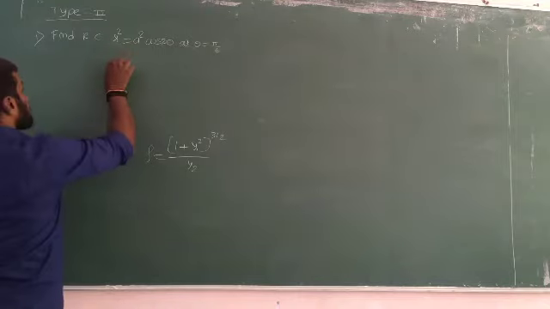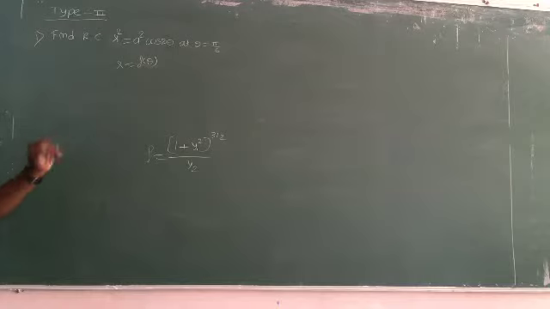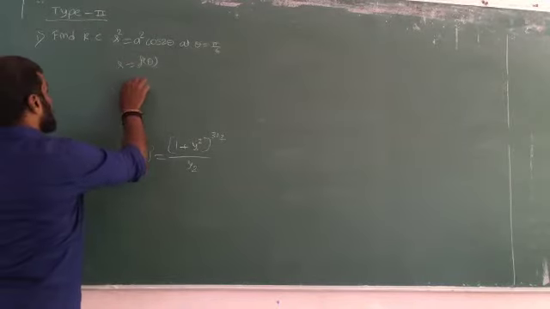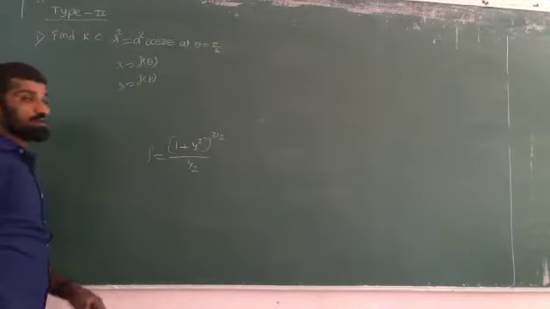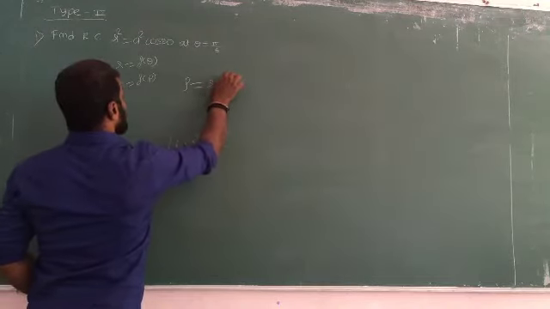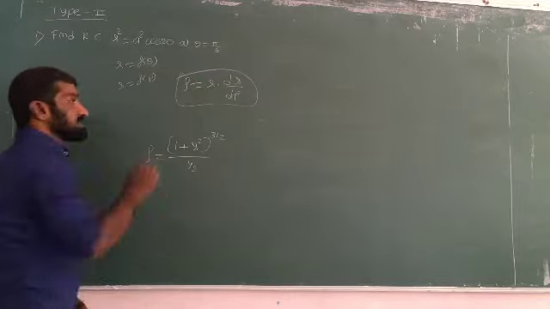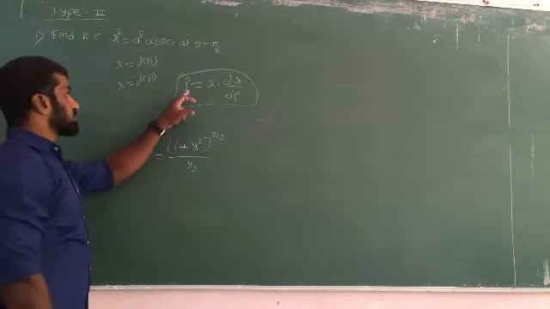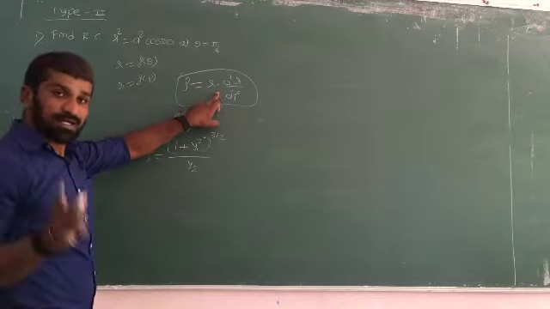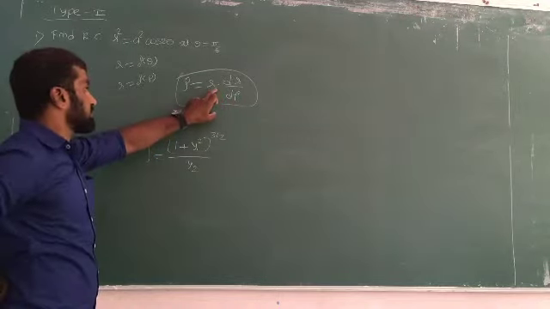When it is polar, how should we proceed? r is equal to f of theta, it is a polar form. And when it is pedal form, r is equal to f of p. The formula is rho is equal to r into dr by dp. Here rho stands for radius of curvature. So it is the formula for pedal form of radius of curvature. You can try the derivation and see.